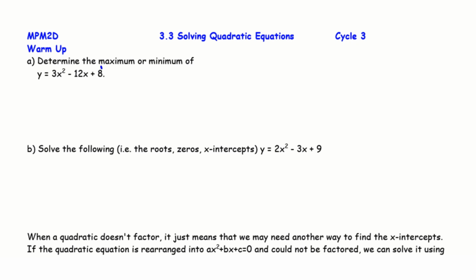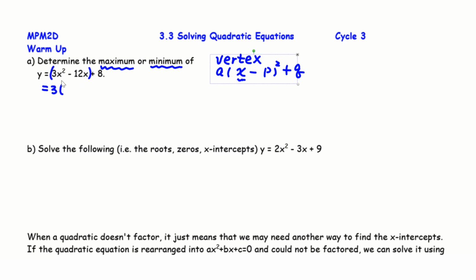Whenever you see the maximum or minimum, then you should know that you are looking for the vertex. And to find the vertex from standard form, we could convert this one to vertex form. The first thing when we convert it to vertex form, which is a bracket x minus p bracket squared plus q: in the squared, you see you have x by itself, so we want to take the 3 out. Then